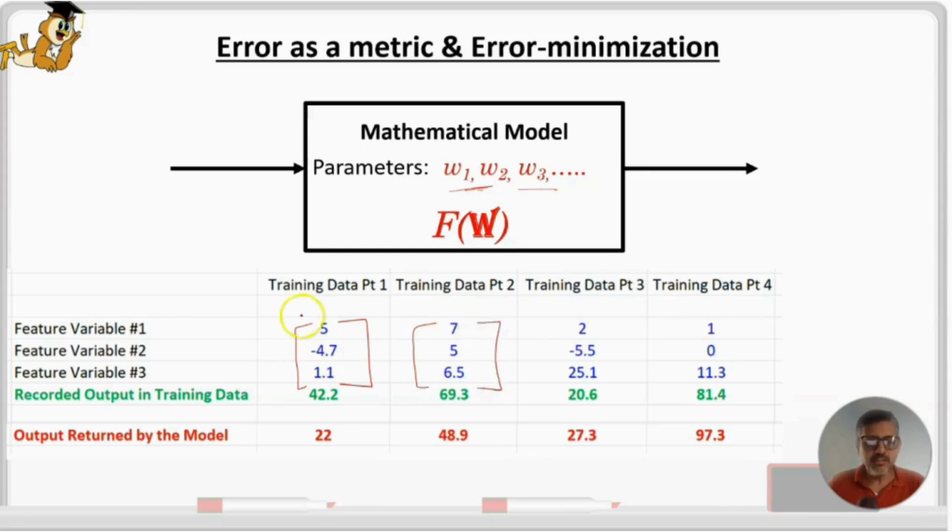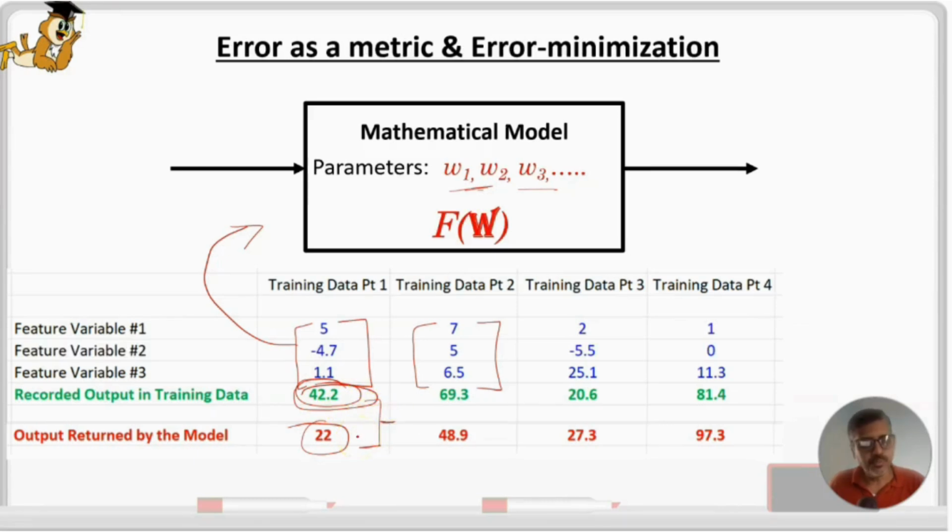And we said that if you were to give this input to your mathematical model, it would run and return a certain output, whereas there would be an output that you had recorded while capturing training data. And the difference between these two, the difference between the output returned by your model in response to your input and the actual output you recorded while recording the training data,